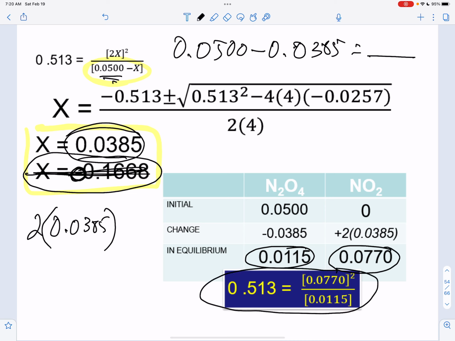When we put it back, how can you double check that you did everything right? You put it back into the expression, and you better come up with the equilibrium constant that was initially given to you. It has to give you that number. If it doesn't give you that number, you did something wrong on the math. During the test,